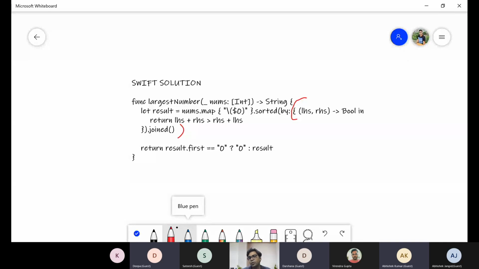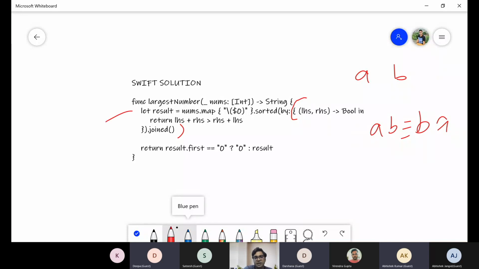We take two integers, left hand side and right hand side, so basically variable 1 and variable 2. We append those two variables and compare them. Suppose A and B are two variables. We form AB and BA and compare them, and accordingly we sort.